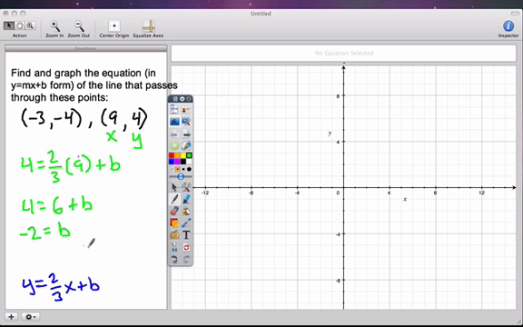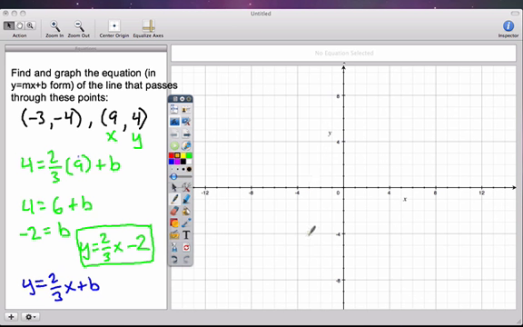We know that our formula is y equals 2/3 x minus 2. Okay? Now, let's graph that. We graph that by plotting some points. Well, we've got 2 points up here. The first point is (-3, -4). So if we go over to our graph,